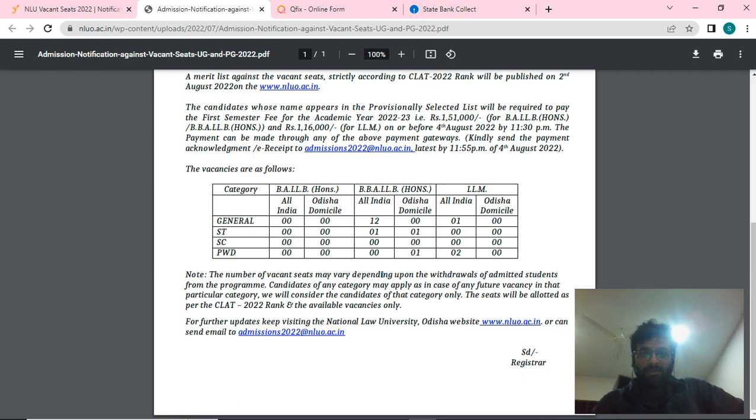So for us as of now, BBA LLB 12 seats, ST all India 1 and domicile 1, PWD domicile Odisha 1. Total how many seats are there? 14 seats are there in BBA.